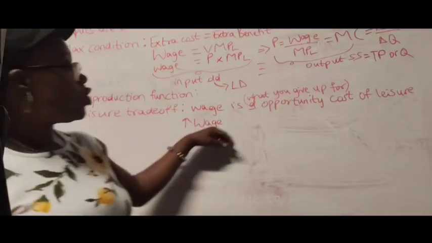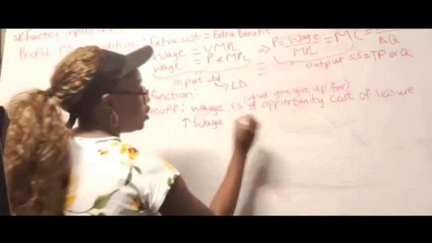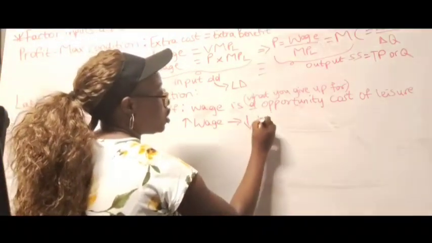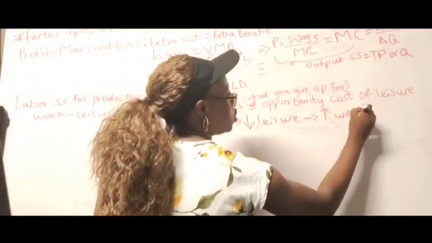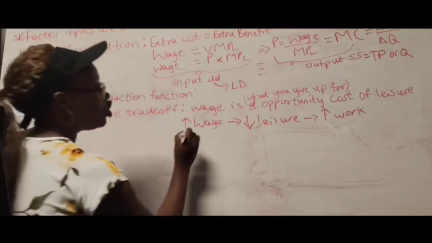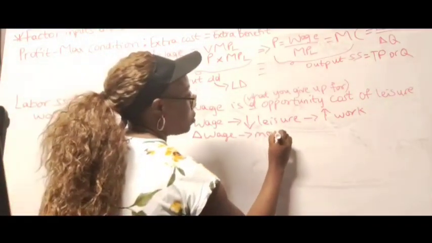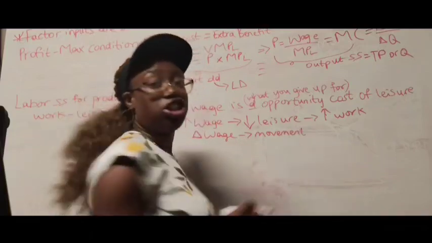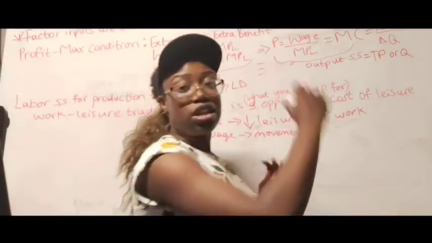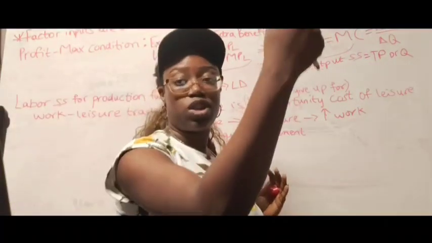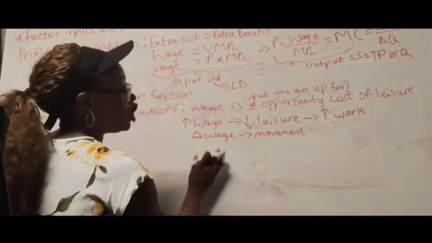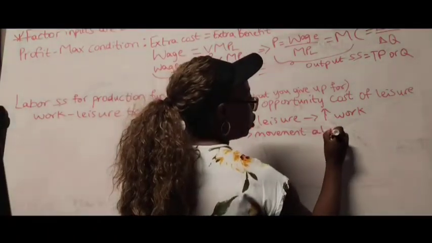Therefore, a higher wage leads to higher opportunity costs of leisure, which means that you reduce your leisure and increase your work time due to the higher wage. Therefore, a change in your wage leads to movements along the supply curve. So remember, just as a change in price leads to movement along your labor demand curve and how much the firms are willing to demand labor, the same way a change in your wage leads to movement along your labor supply